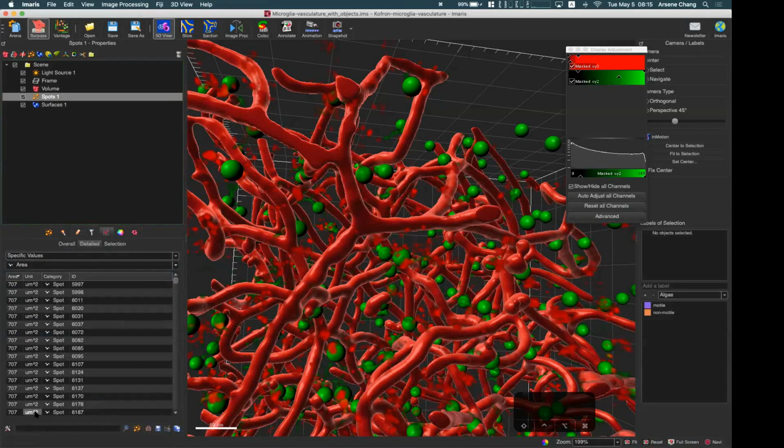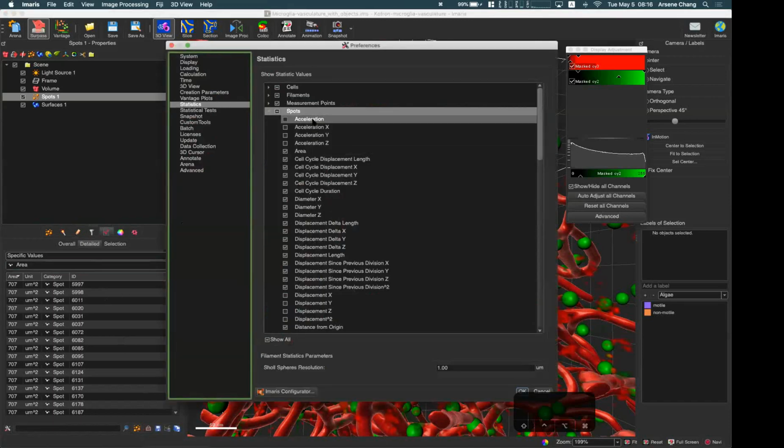Because it takes more time to calculate this shortest distance based on the complexity of the image, we didn't put it as the default option. Its default is unchecked, in order to facilitate the process. So here for the spot,